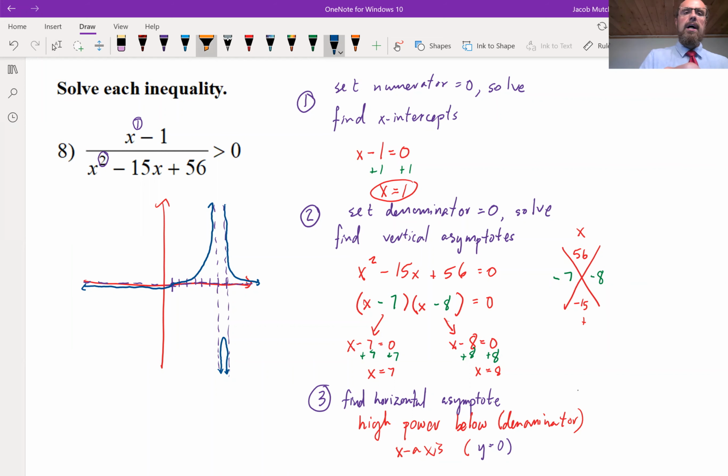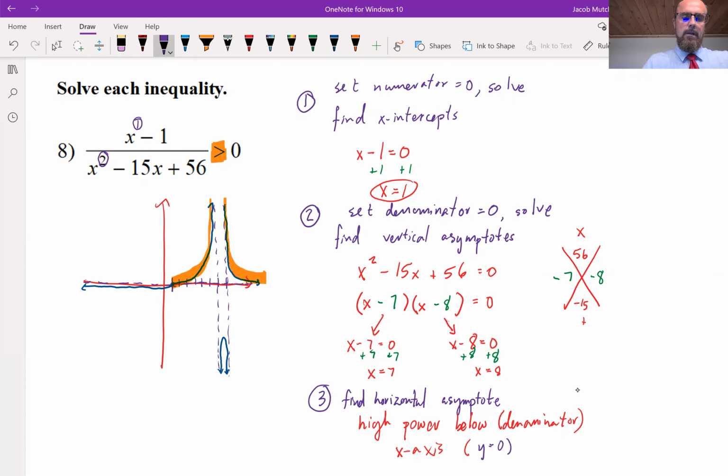So again, I'm going to just highlight the places. I need to see which inequality I've got. So the last one was less than. We were looking under the x-axis. This one is greater than. So I'm looking for the parts of the graph that are above the x-axis. So it would start here at my 0 and include this upper piece up to the vertical asymptote at 7. And also this upper piece of the function on the right side of 8 all the way to infinity. So definitely I need to write a union for this